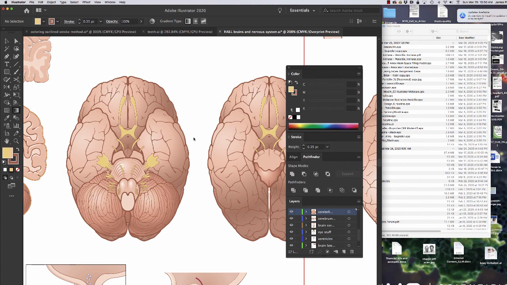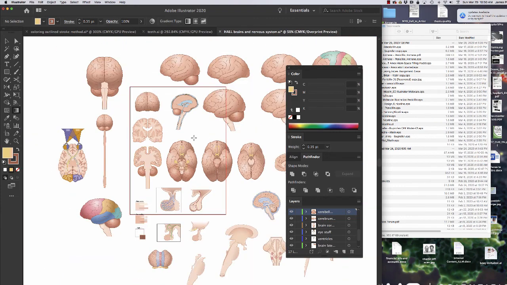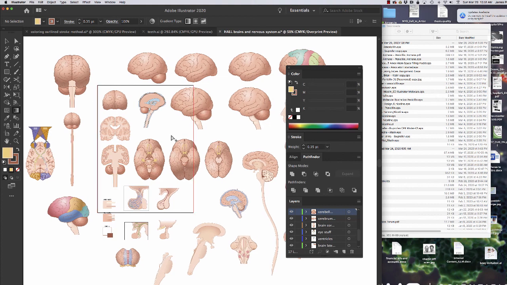And one of the beauties of going to all this trouble, even though it was rather time consuming to draw each and every one of these brains using that variable stroke method, is that once it's done, you then have that to use over and over and over again. And so I can reuse these over and over again, not only for this one particular physiology textbook, but anytime I need a brain for anything, I've just got it sitting right here. I can just come in and select it, copy and paste it,